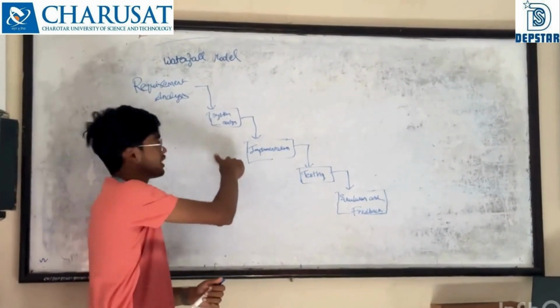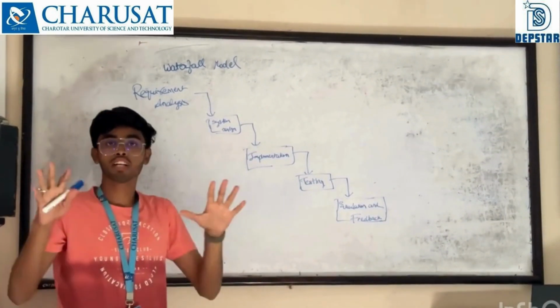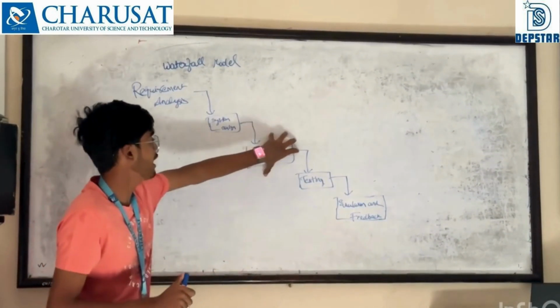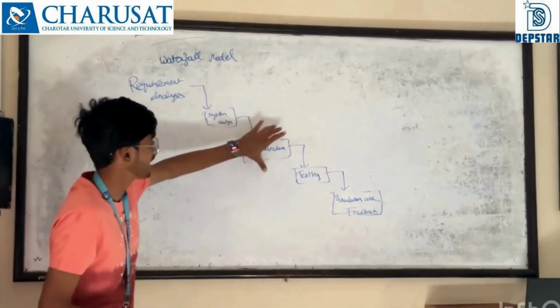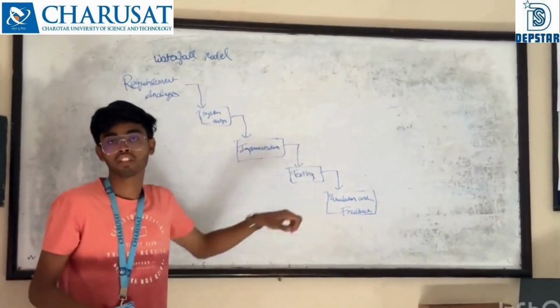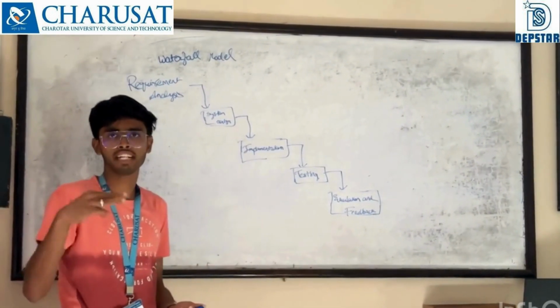Then after the design is made, there is an implementation phase. In the implementation phase, all the coding work is done, in which the software is created according to what the stakeholders needed. And then there is a testing phase. In the testing phase, when the coding is done, testing is done 2-3 times, in which